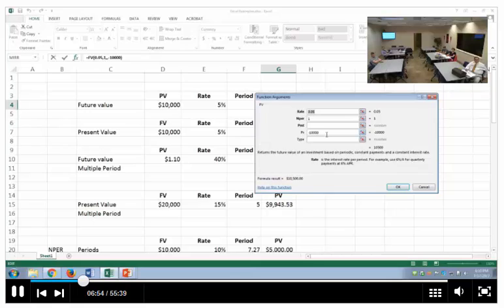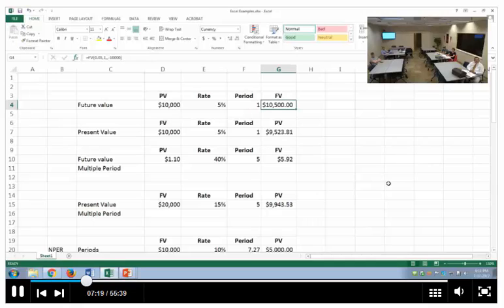Now, in Excel, you can do all this stuff, and I would imagine if you're going to be in finance, you're going to run into this. Okay, so again, it's looking for the rate, the number of periods, and the present value, but you have to enter it as a negative. All right? Then if you click OK, there you go. There's the 10,500. Okay? All right, now, the reason I bring up the fact, we'll go back to the slides,